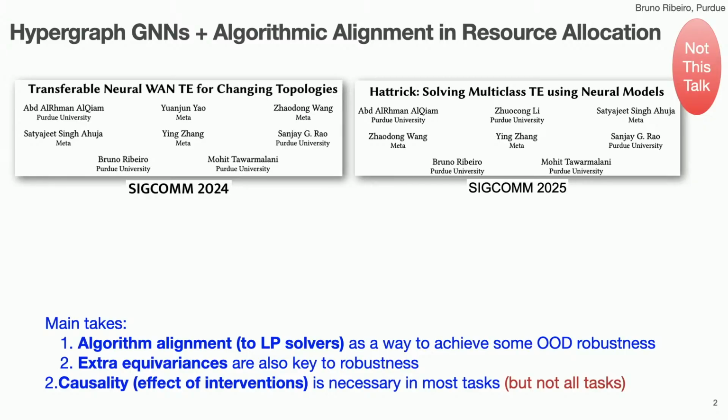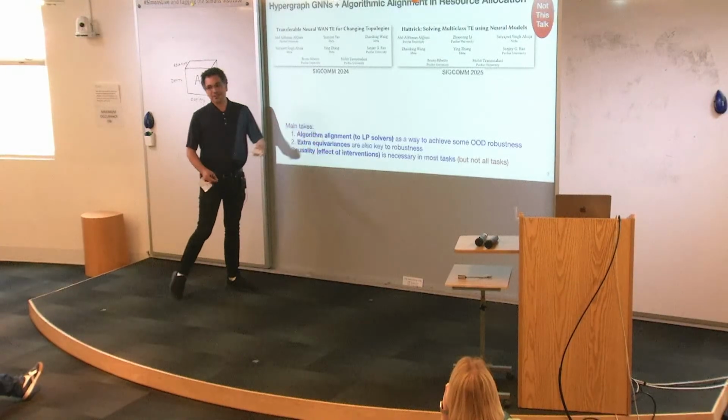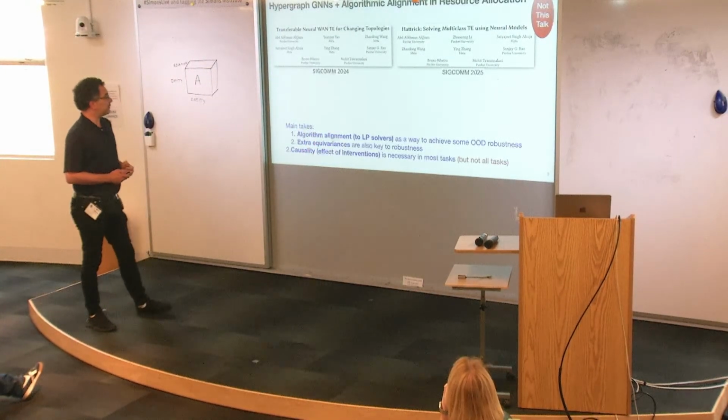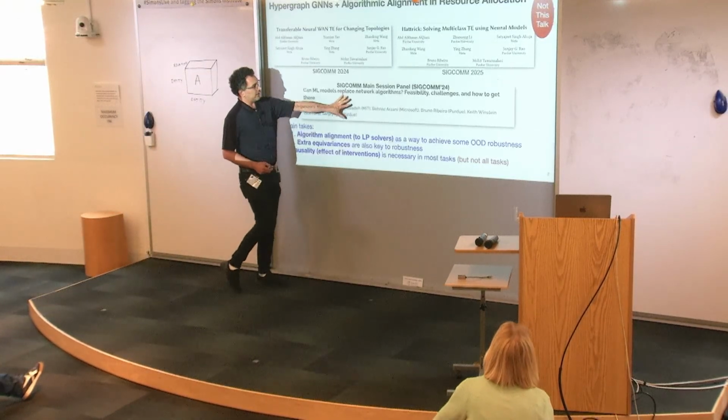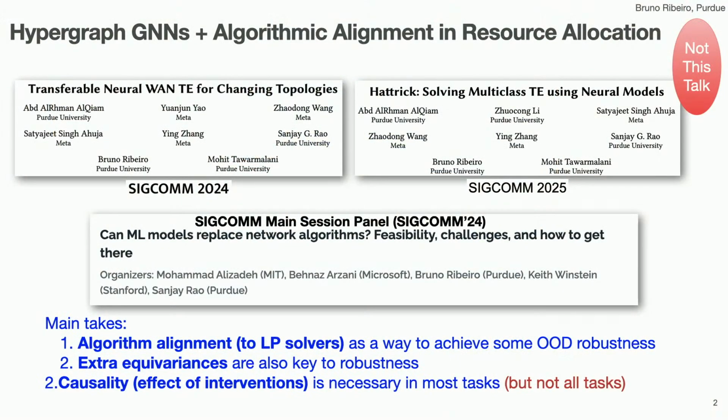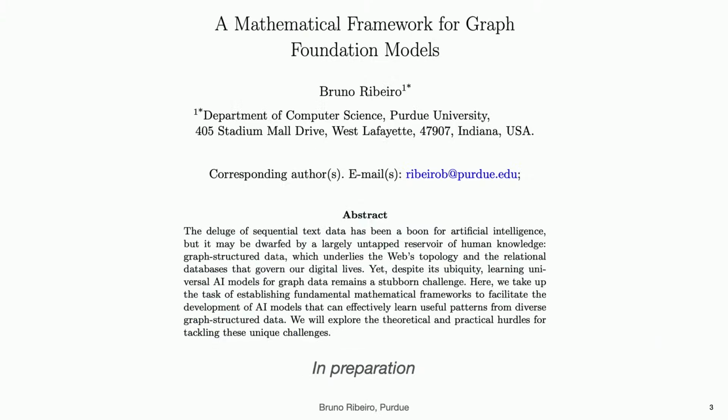And also there are some interesting extra equivariances for folks who like architectures for hypergraphs. There are different equivariances for hypergraphs. And also, if you like causality on networks, there is a lot of work in causality for this type of problem. The community is very, very interested, so much so that we had a panel in the main conference specifically to talk about how we can use ML in systems and make them robust. OK, so that's the slide on out-of-distribution robustness. And now I'm going to move on.